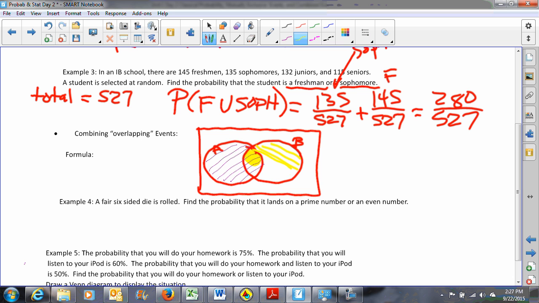We'll just keep this up. This is the probability of B. Can you see that this region right here has actually been counted twice? So what we do when the events are overlapping is we say the probability,